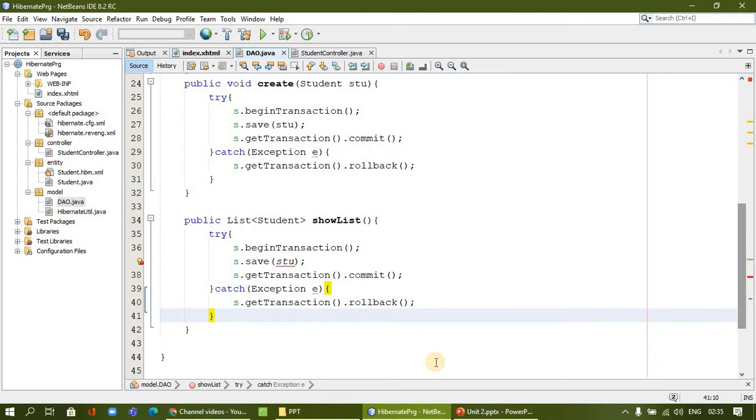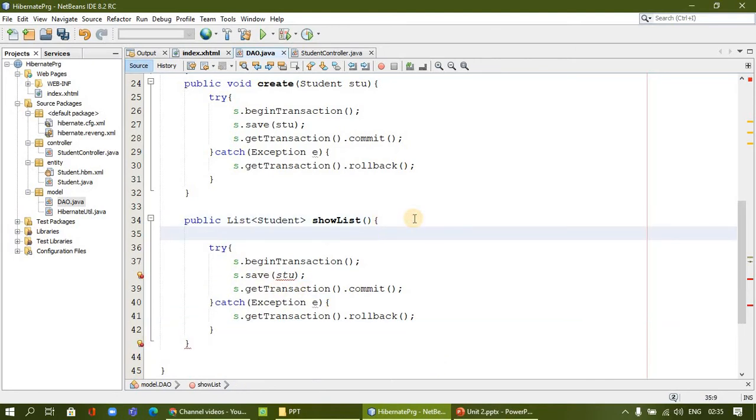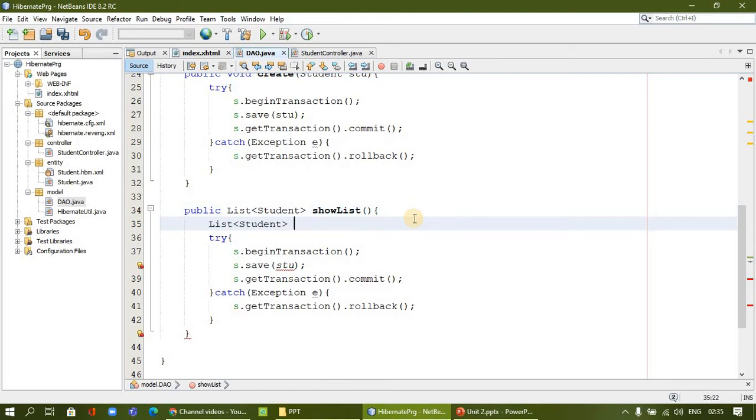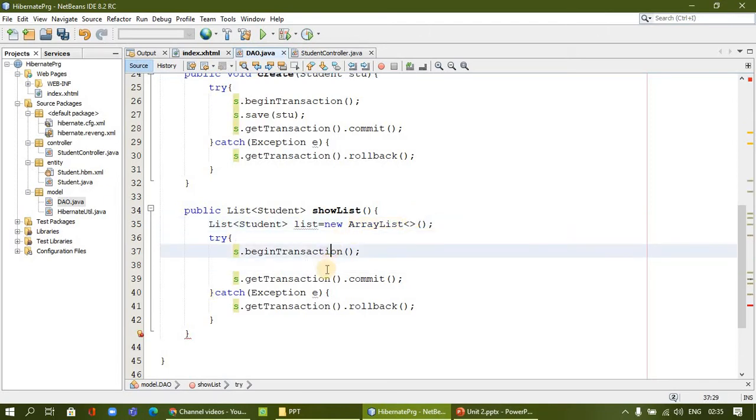We will modify it. It will be returning the value, and to assign the value I am going to create the list value, in which I am going to create the object. So copy, paste, one list value, that is nothing but a new array list. Once it is done, only the middle part changes. We are beginning the transaction, committing the transaction, and if any error is there, in exception handling we roll back. In the middle only we are going to change things.